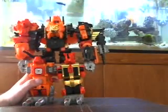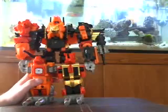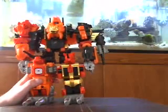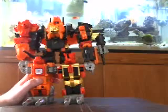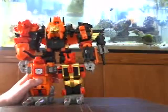Love it. Looks great. Brings me back to 1987. Fantastic figure. Can't wait to put the addition pieces on there and then set this guy up with some of my other figures. I think he's going to look really nice sitting next to Unicron. So there he is,